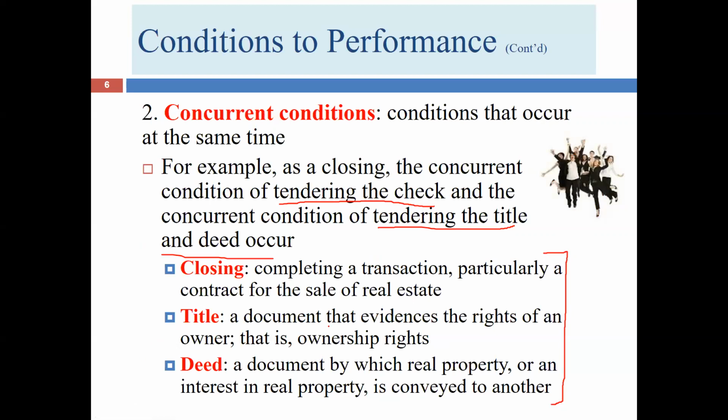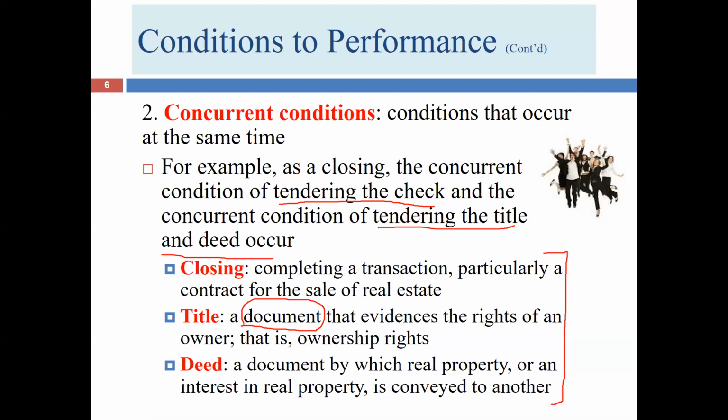What's a title? A title is a document that evidences the rights of the owners. That is an ownership right. Sometimes we say here a document, but actually title transfers even if we don't have a document. And most of the time when we sell something, we don't actually transfer a piece of paper. I mean, we do that with houses, we do that with boats, we do that with cars. But if I were to sell you my pencil, I'm not going to give you any document about it. Just the fact that you have it is the evidence that you own it.